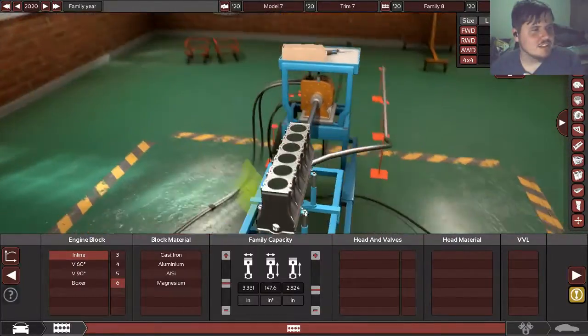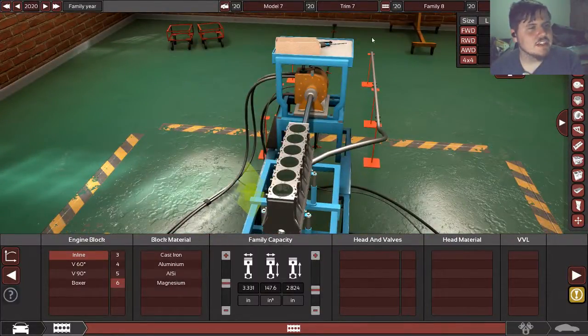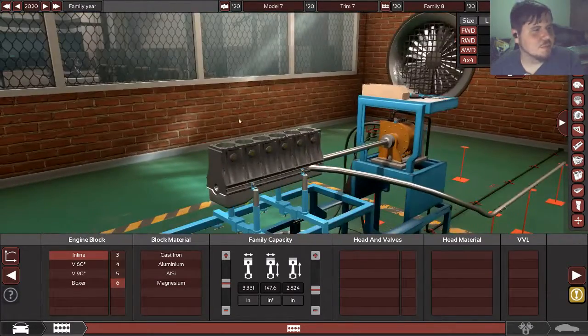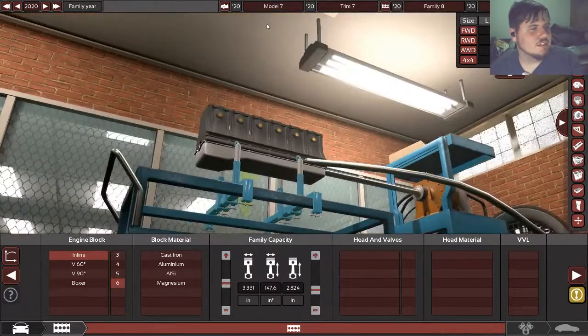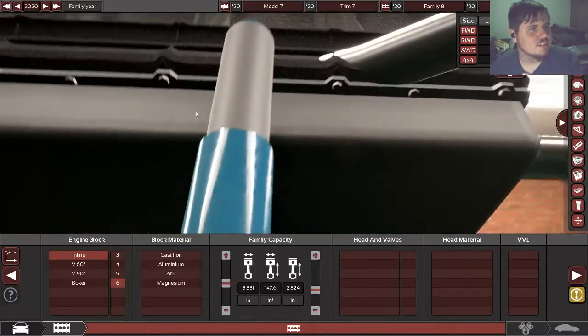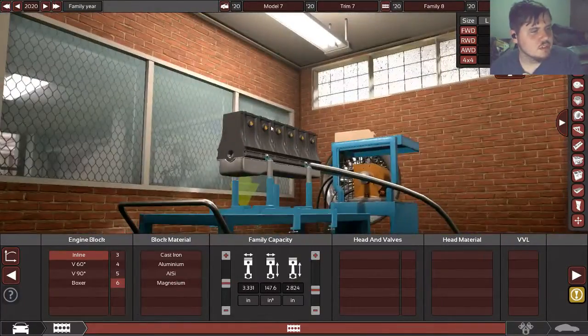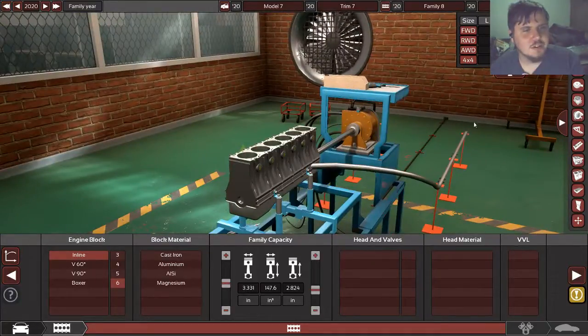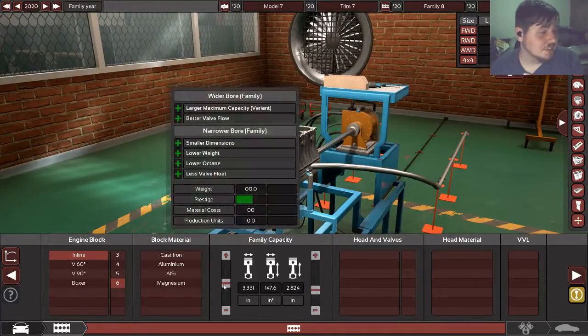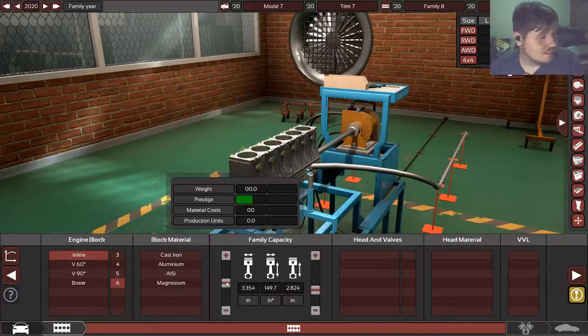Sometimes it glitches, and it gave me an exhaust pipe where there isn't one. It isn't where it's supposed to be. So I guess because of this game, I now have what looks to be an oil cooler, or an oil dump is what it looks like. Alright, so 3.39